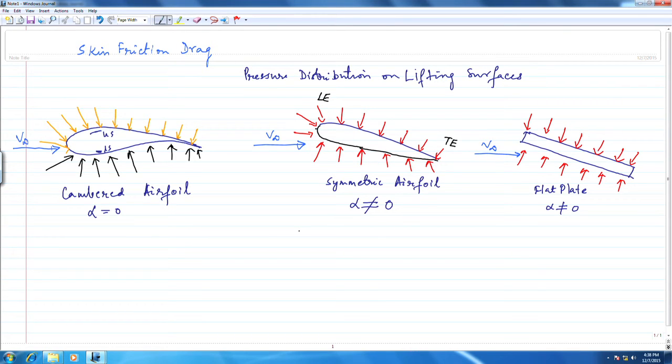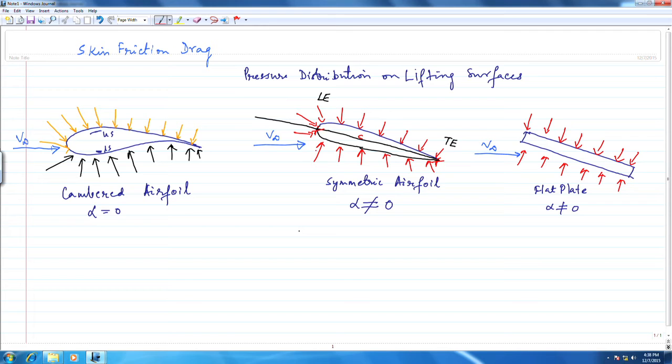Okay, now I need to get a straight line. Now, this line, which joins the leading edge to the trailing edge, just this bit, is the chord length. That's the chord, and the angle that this chord makes with the free stream basically gives you the